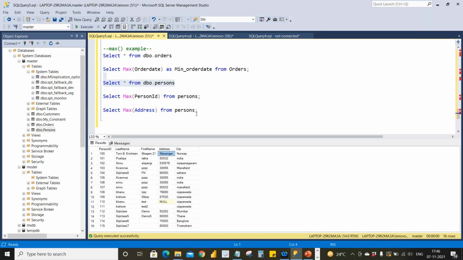A is the cheapest and the quality is also best. B is giving the moderate value and C is giving the highest value. For the sugar, I wanted to know the minimum price which company is giving. So we just give minimum of that column name price from so and so table, and we'll get the lowest price which company is giving, and we'll go for that. So this is about minimum and maximum.